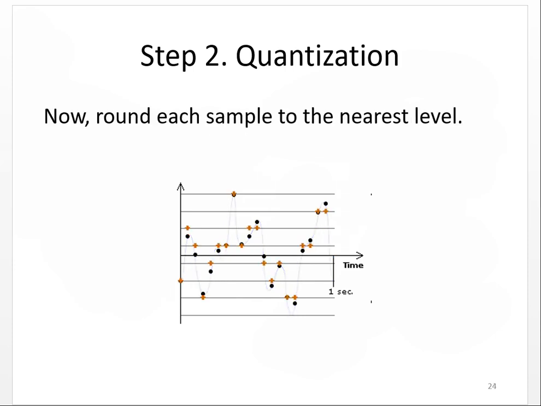So now if we round each sample to the nearest value, this one is rounded off with this one, and this one with this one. This is the image once we round off the amplitude values to the nearest whole number value. Okay, so this is the method. If you can see the dotted line in black, which is the original one, and the orange dot is the rounded figure.